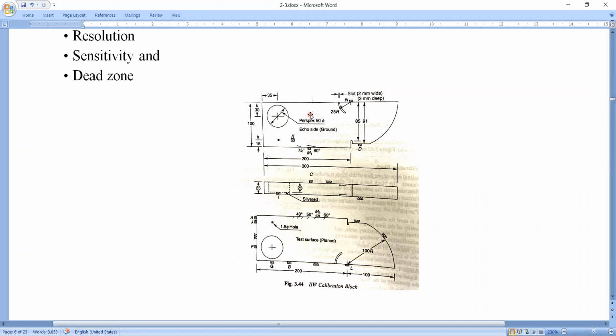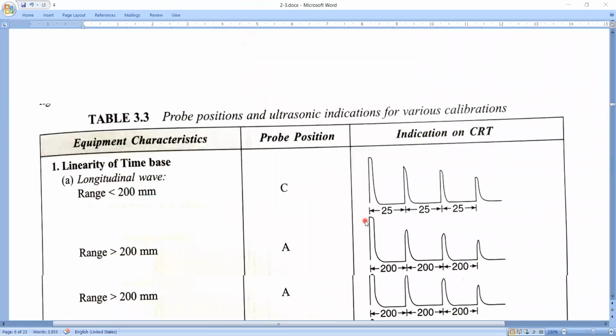This is the reverse phenomenon of the testing procedure. Normally, we don't know the defects under the object, and we find the defects by using equipment. That is our procedure. Now we know the defects under the specimen, and based on that, we can assess the equipment. That is the reverse process. This block is also one of the important blocks used as reference standards in ultrasonic testing.